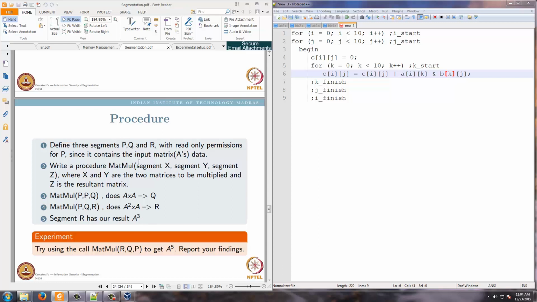And every time I do this matrix multiplication, I call a subroutine which will take two segments as input, the two source segments, and it will fill the values in a destination segment. So this is how I will basically do a function call here.